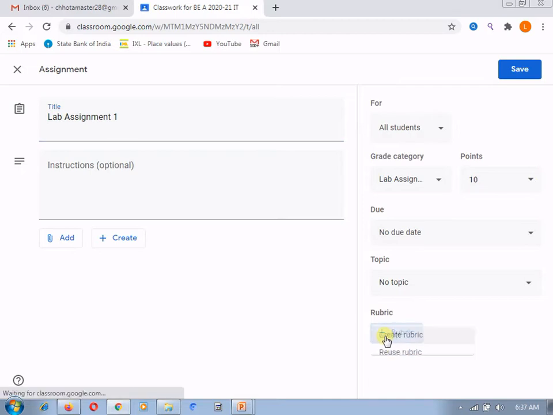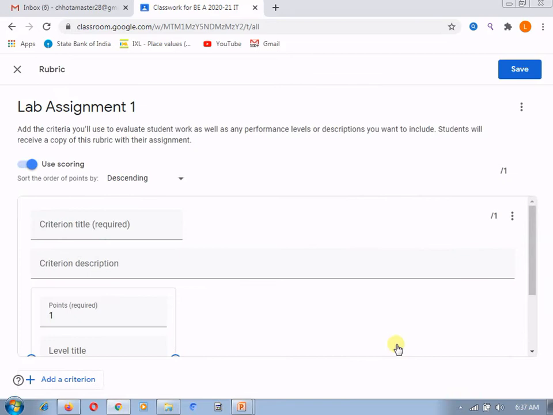After clicking on it, you can see 3 options: create rubric, reuse rubric, or import it from sheets if the rubric is already available in the sheets. I will click on create rubric.